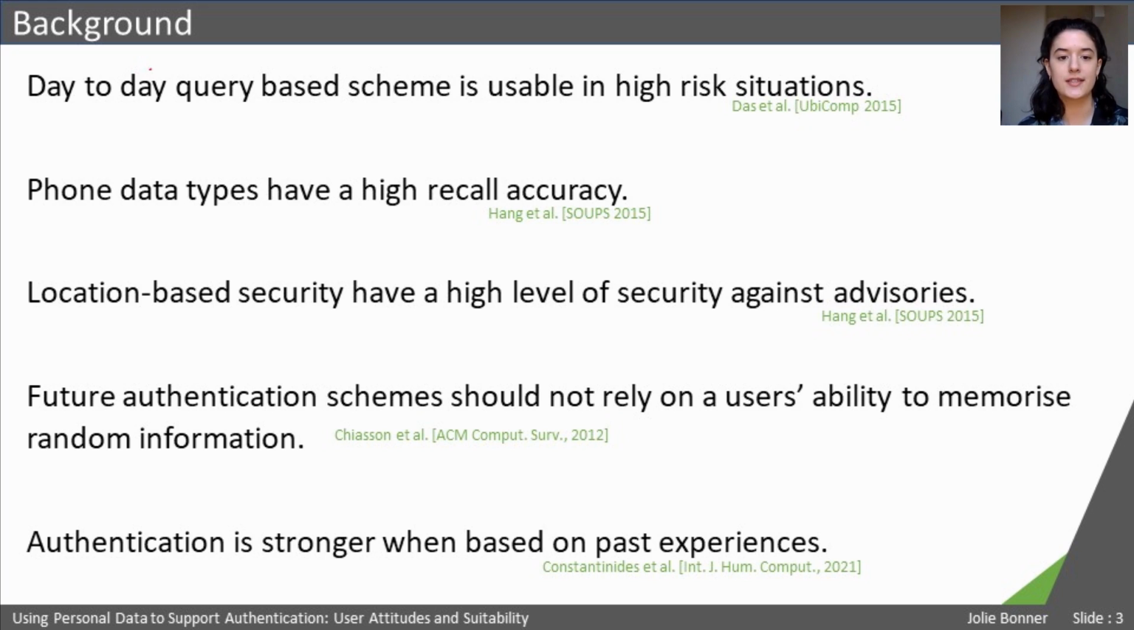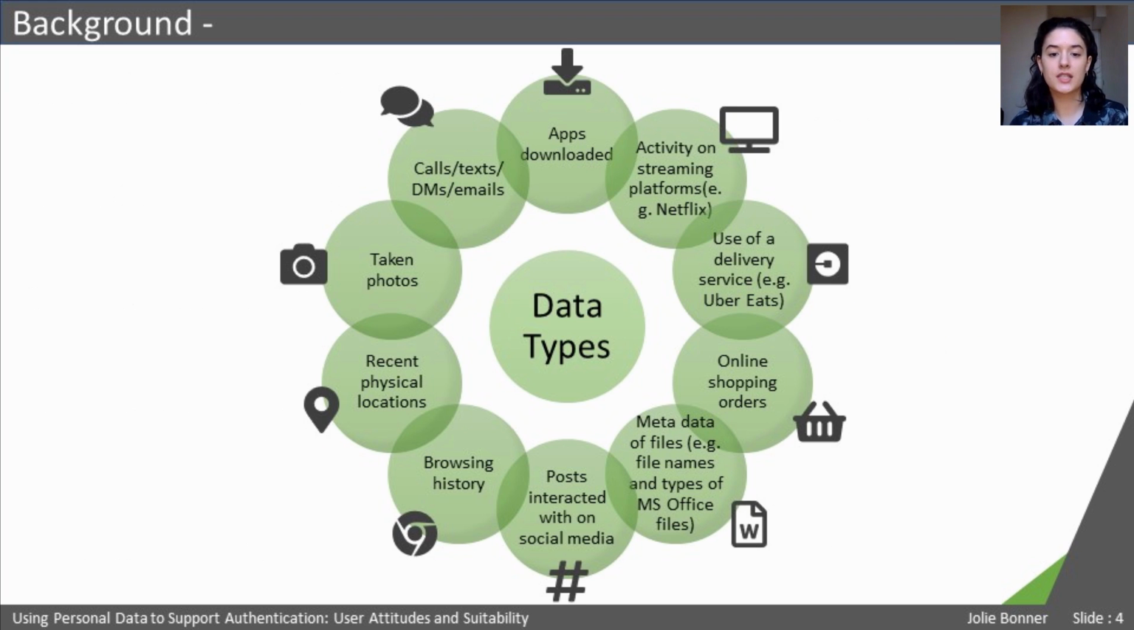This work demonstrates that a password scheme using dynamic personal data could have merit. However, before such a scheme is adopted in the real world, we believe it important to first investigate how users perceive this use of their data and what data types are most suitable to ensure that this scheme does work in practice. To understand this, we conducted a survey collecting qualitative and quantitative data on our users' perception of dynamic